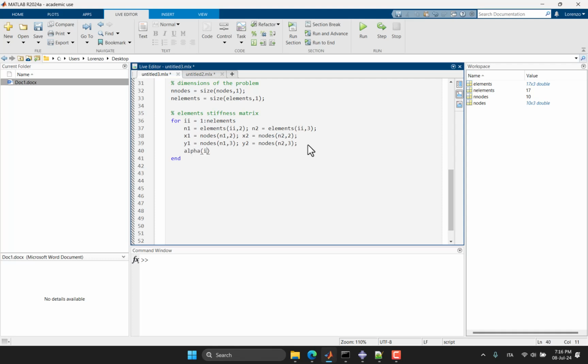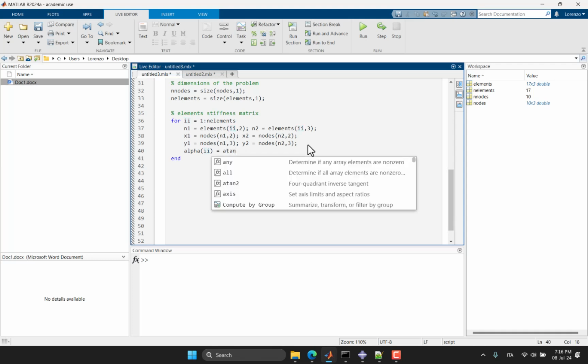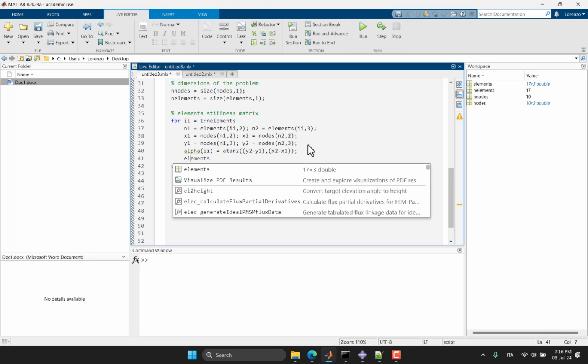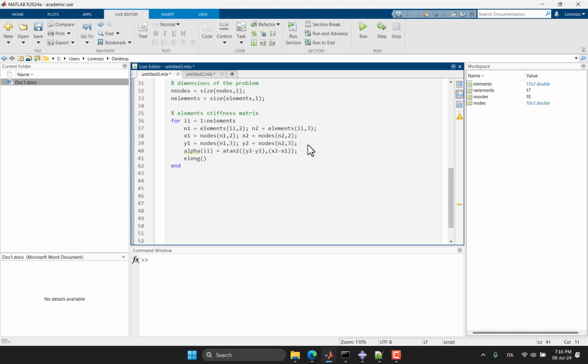So alpha of the element II will be atan2 of y2 minus y1, comma x2 minus x1, and the length, eleng of the element II, will be the square root of y2 minus y1 squared plus x2 minus x1 squared,